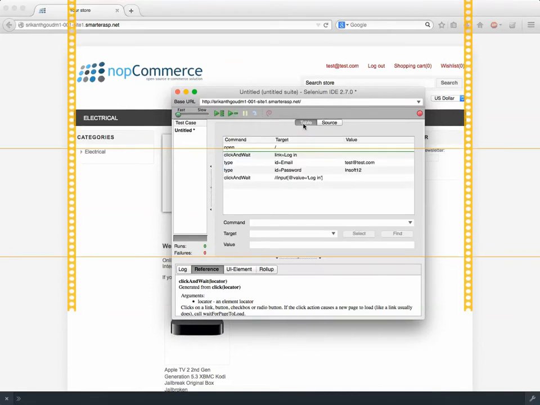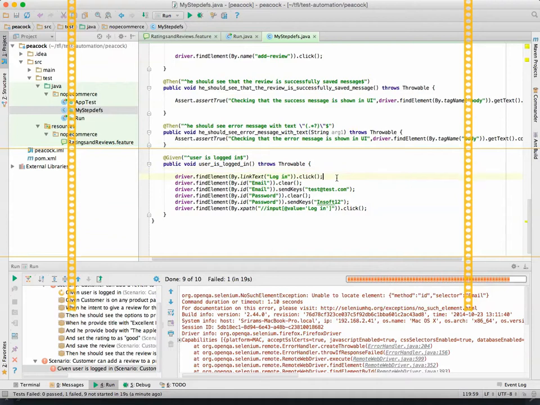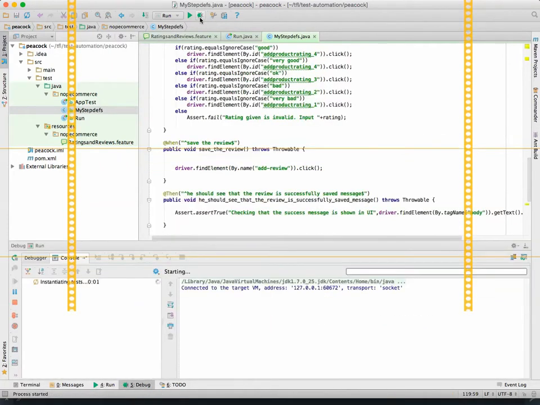See, that's the reason I don't rely on ID. Okay. Yeah, click and wait is there. It's all okay, right? Okay, debug. I don't know why is the problem. Let us see. Unable to locate element. Select the ID email. See.